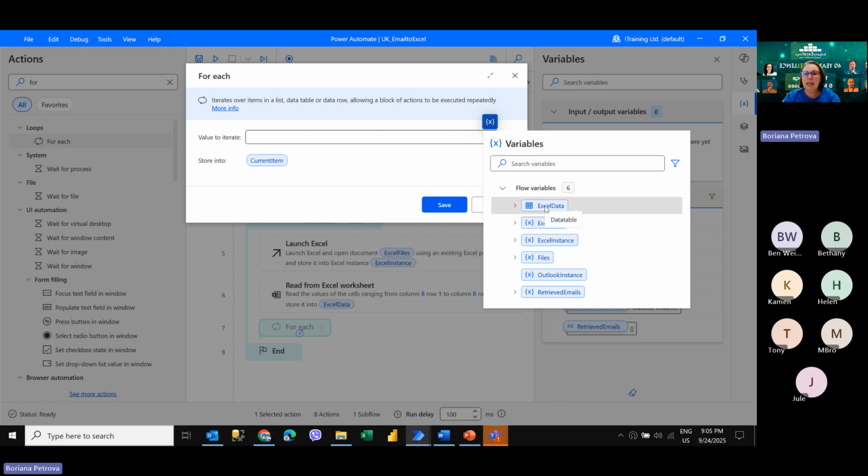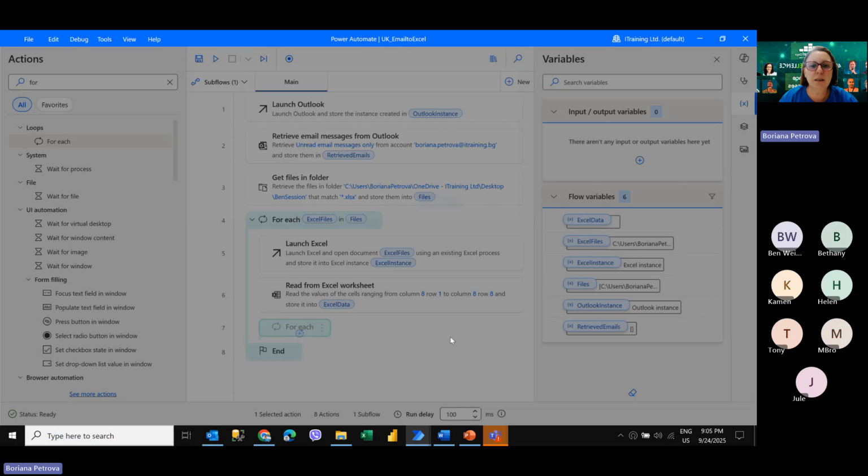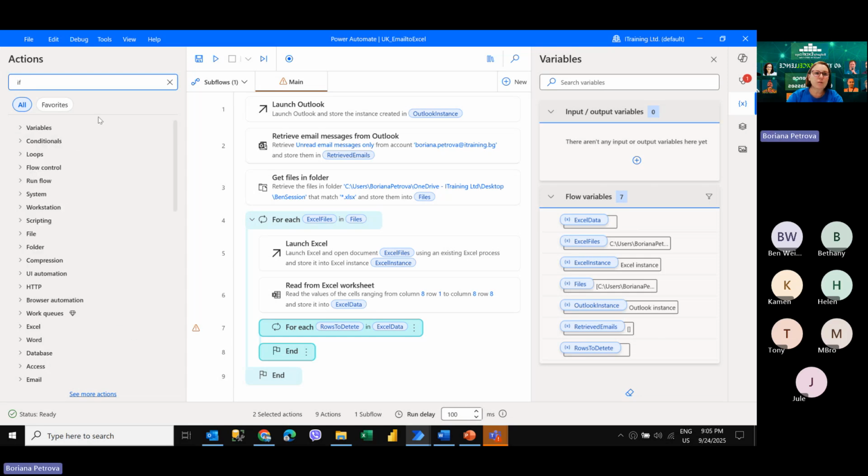For Excel data, and this will be called rows to delete. Okay, is it clear? I hope so. So for each row that we need to delete in the Excel data that we read before, I need to check if this row is empty. So I need an if action. So type if,